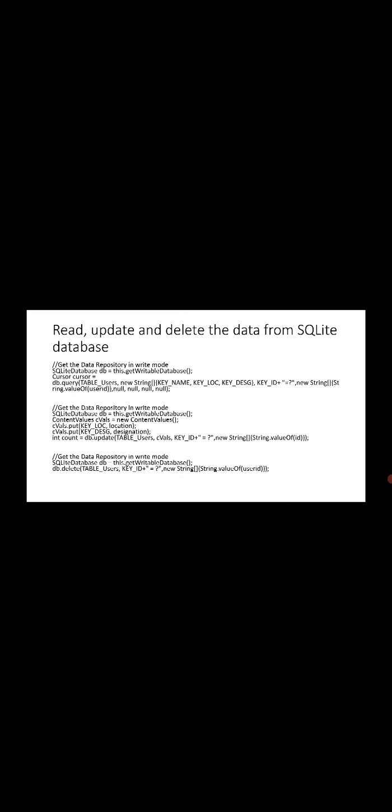Now the read, update and delete of the data from the SQLite database. The program segments are shown here. With the help of the getWritableDatabase method and this reference, we get the reference for the SQLite database.